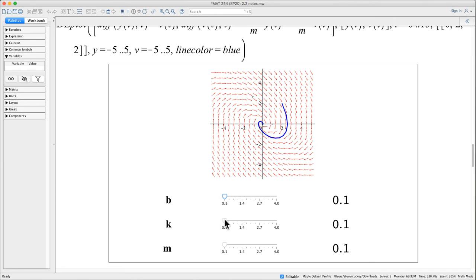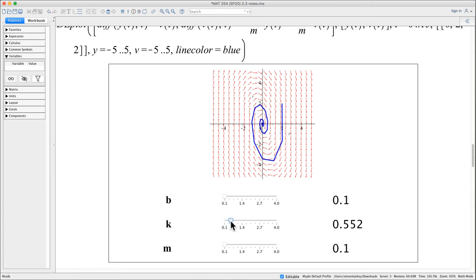And then we'll change what happens if K gets bigger. And remember, K is the role of the spring. How stiff is the spring? And right now, it's not a very stiff spring. So if I increase the stiffness of the spring, make the spring constant bigger and bigger and bigger, you can see we wind up with something that's going, and the more of these spiralings that it does, that's the official noise that it makes, by the way,